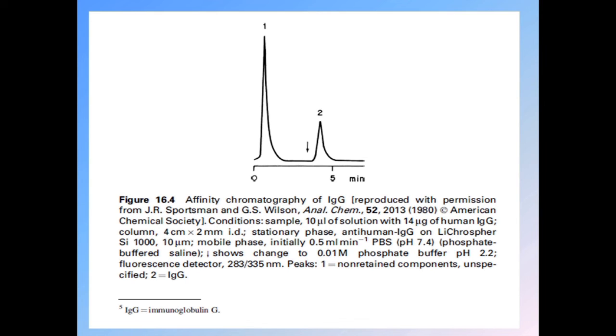Lectins are plant proteins that can specifically bond hexoses and hexosamines. Concanavalin A is a lectin widely used in affinity chromatography and can isolate glycoproteins, glycopeptides, peptides, and glycolipids. Elution is triggered by a pulse of sugar solution.